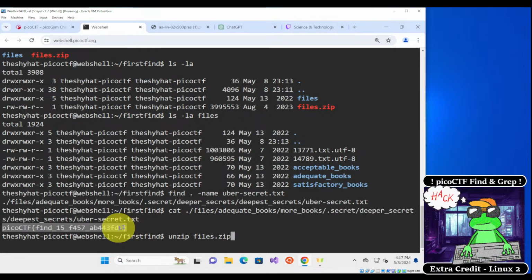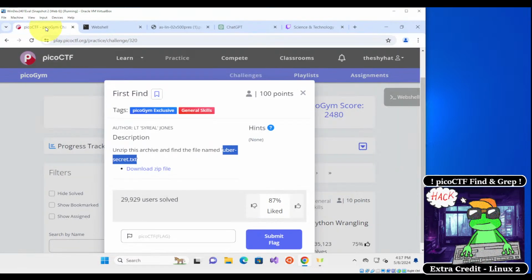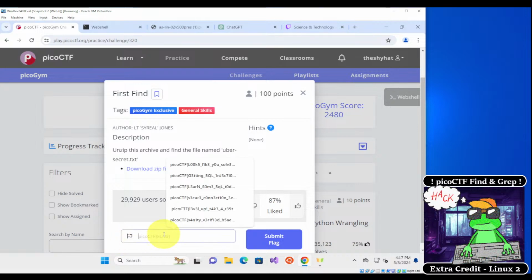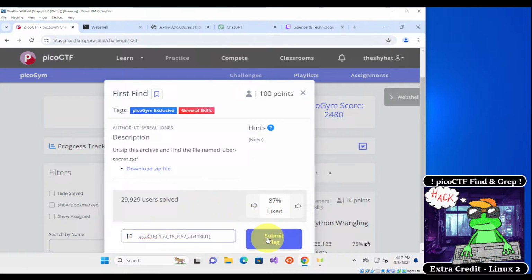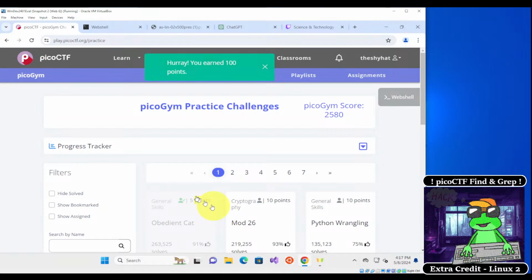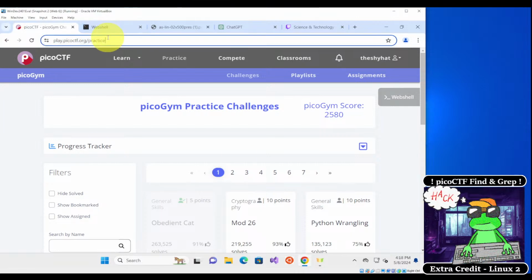Highlight the flag, and that's going to copy it. And then we go back to the web page, and then inside of the challenge, we can paste in this flag in this flag submission field right here, and then we click on Submit Flag, and then we get 100 points. Good for us. Okay, so after we've done that, we can go back to the challenge page,